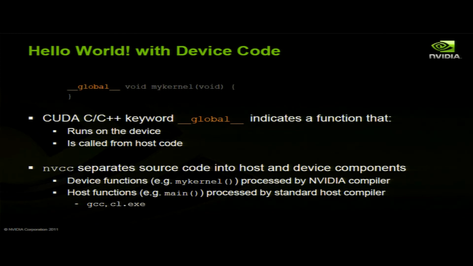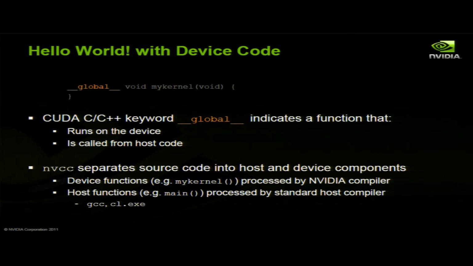Internally it is taken care of by NVCC. What happens to your CPU code? It remains exactly the same as it was, and NVCC does not make any change to your CPU code,